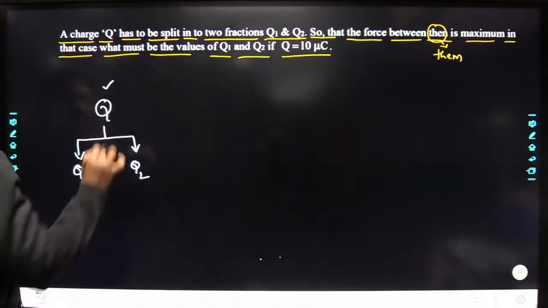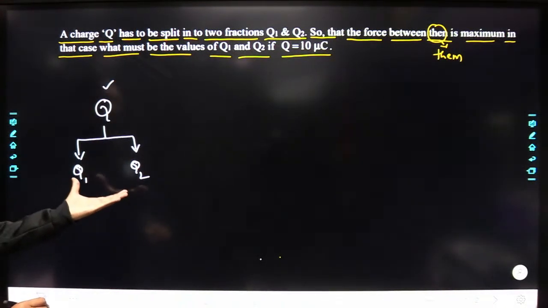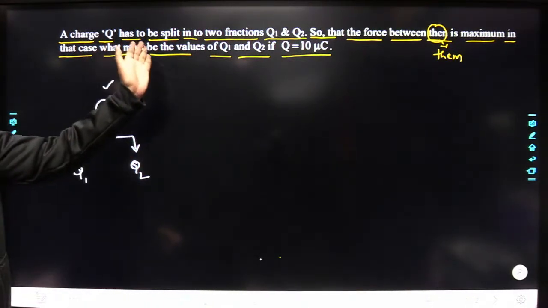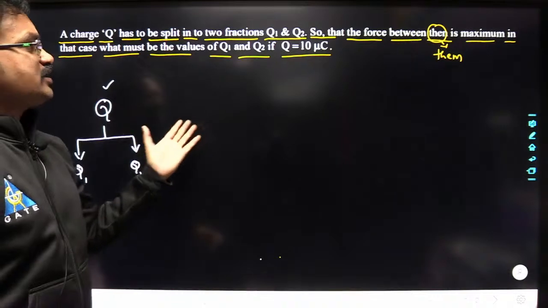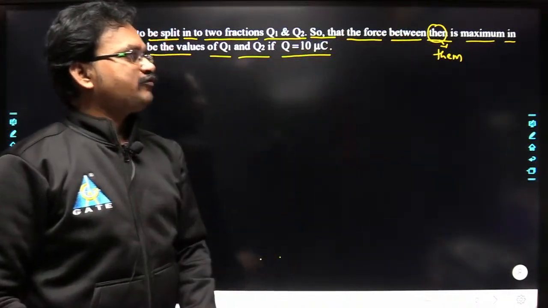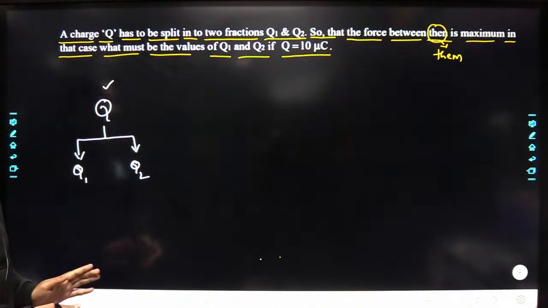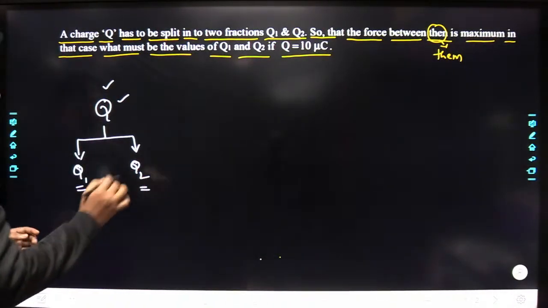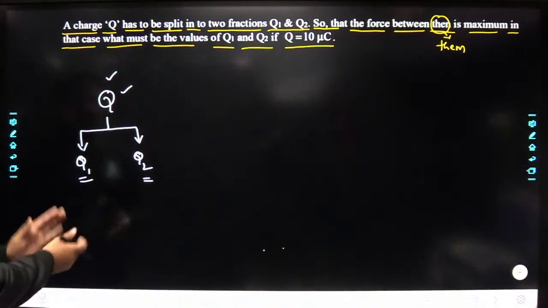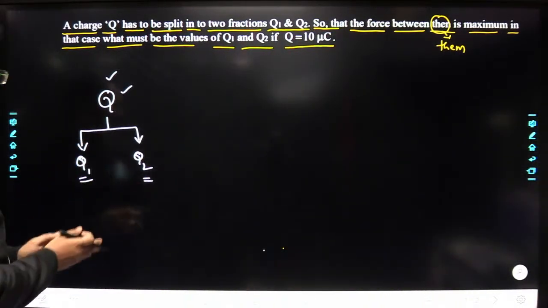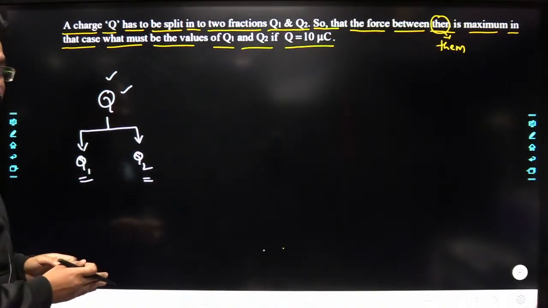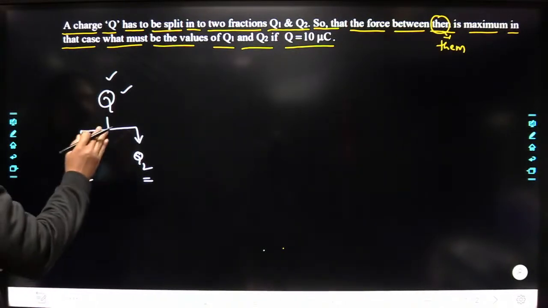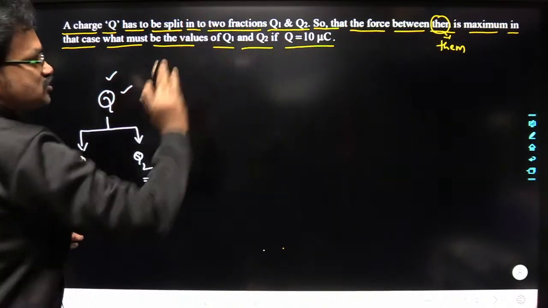They are asking that the force between them must be maximum. So you can split this Q amount of charge into Q1 and Q2 such that the force between Q1 and Q2 must be maximum. What must be the values of Q1 and Q2 if the total charge Q is equal to 10